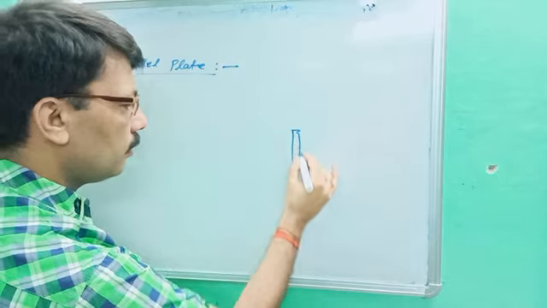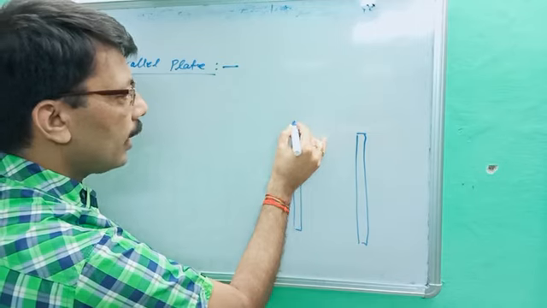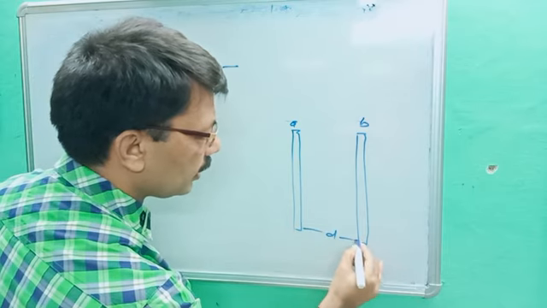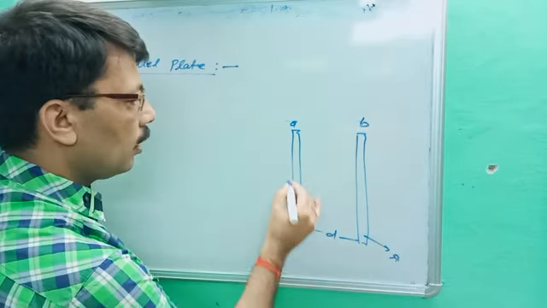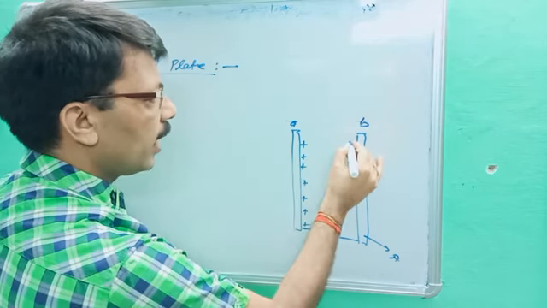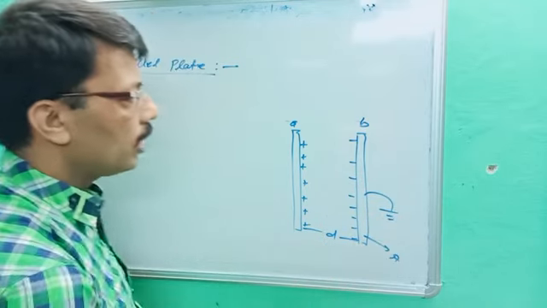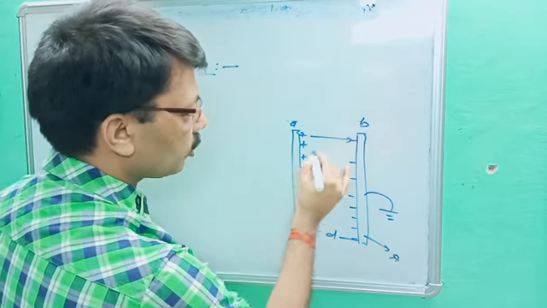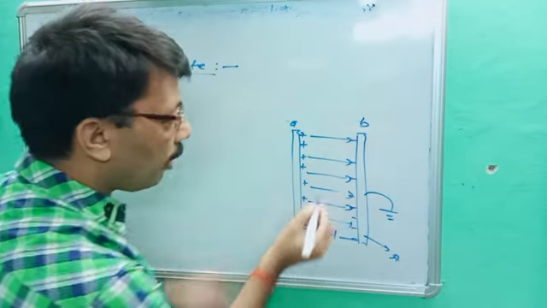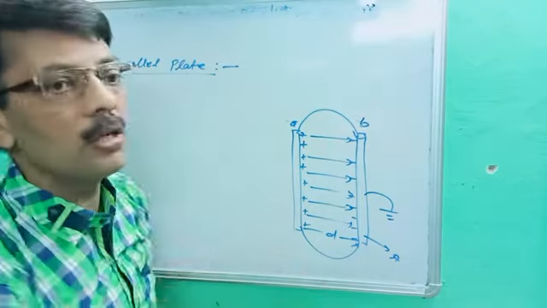Let's suppose two plates are there. You better know the principle of capacitance. Plate A and plate B, separated by a small distance d, and the area of the plate is capital A. When it is charged by plus Q, minus charge is automatically created on the other due to induction, and the outer surface is earthed. You better know electric lines of force move from positive to negative. That question is asked many times: what will be the shape of electric lines of force for parallel plates? They move from positive to negative, and at the edge they bend outward. This is called fringing of electric lines of force.